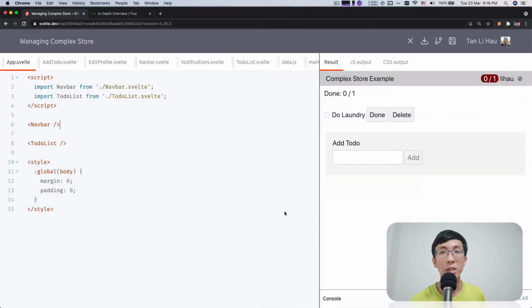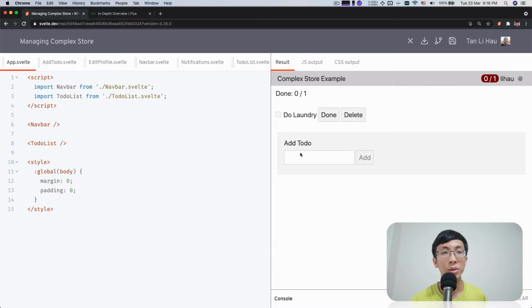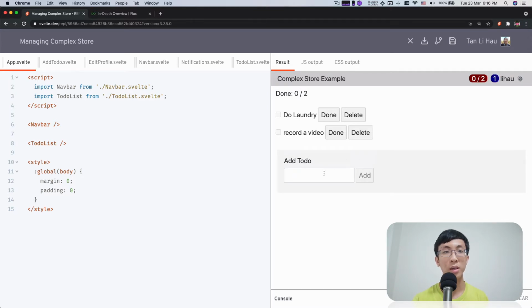So over here, I have prepared an example, and hopefully that is real life enough. In this example, I have two main issues that we are going to solve. So let's dive in and take a look at the example that I prepared for you. Over here, I have an app that is like a to-do list. You can come in and type a to-do, say record a video. You can click add, and add more,